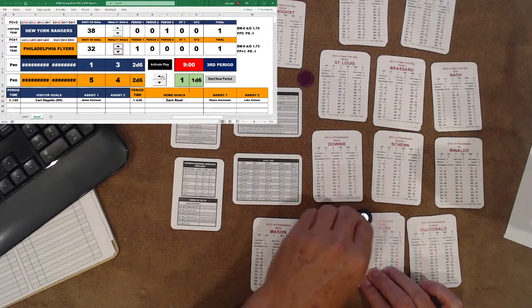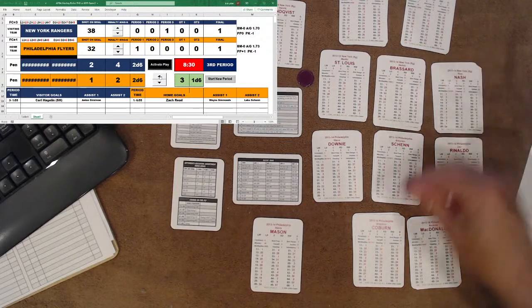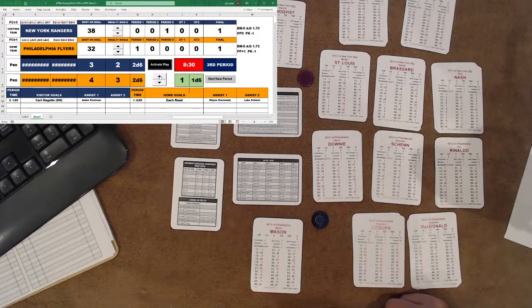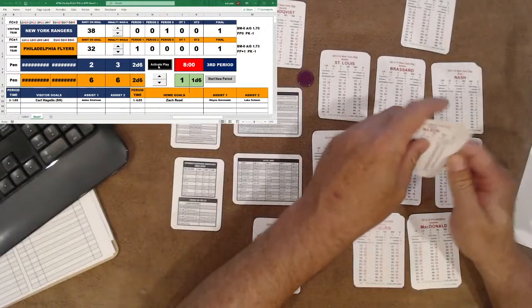And he's going to give it over to Rick Nash for the Rangers. Rick Nash with 8:30 to go here in the third. 24 for Nash is a 9, and that's going to be another blocked shot by the Flyers. 47, and that's going to be covered up by Steve Mason for a defensive zone faceoff in a time sequence, and that is perfect because we